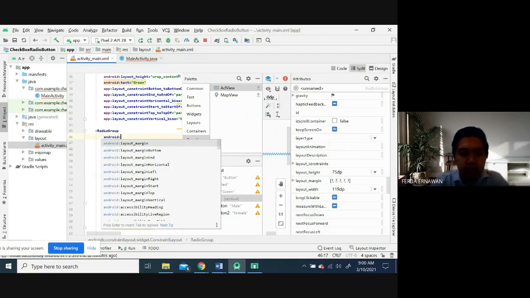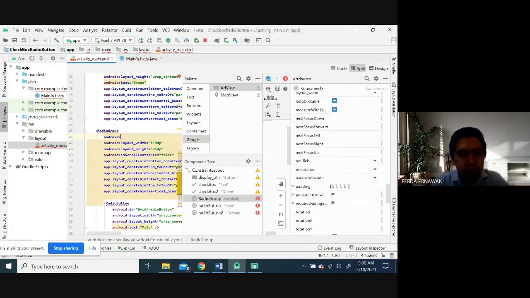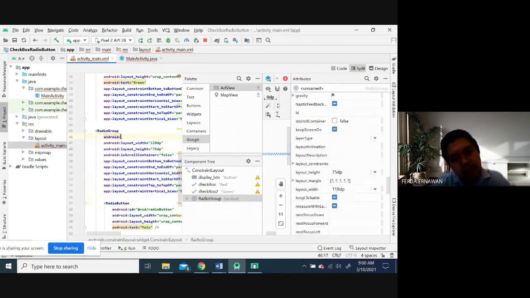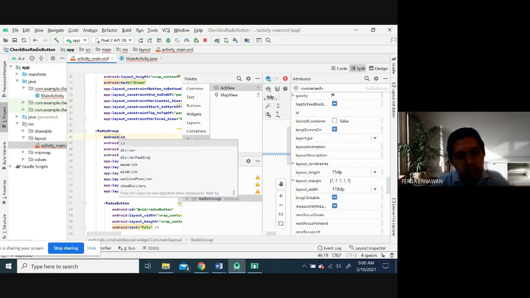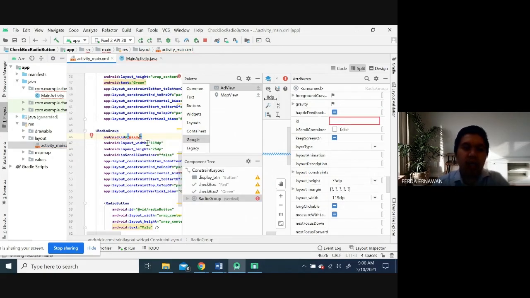Android ID. Okay, and then add plus ID. Okay, and then follow the name, your ID, radio. Great. Yeah.